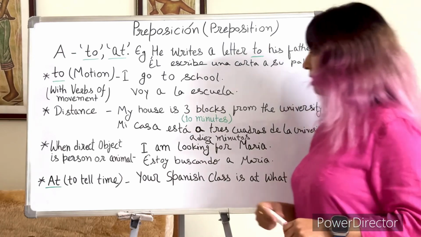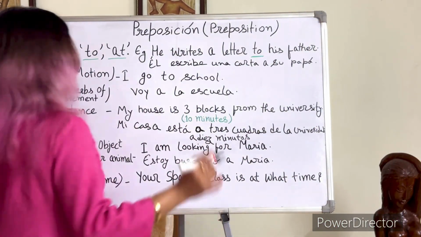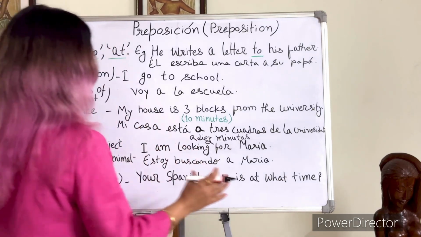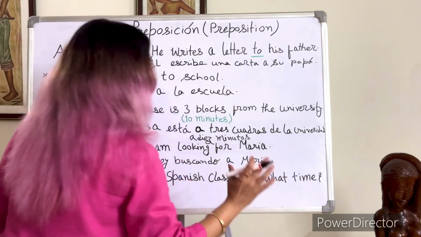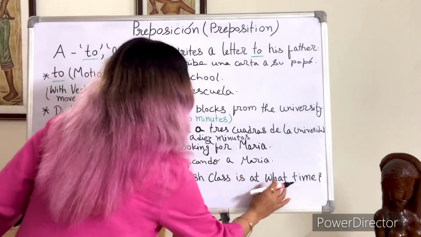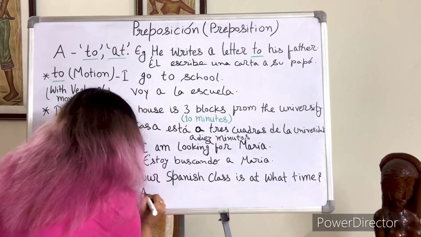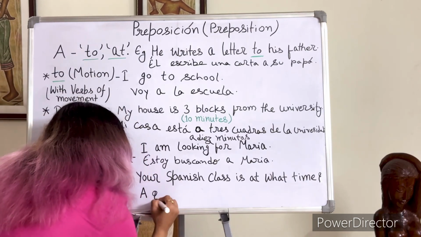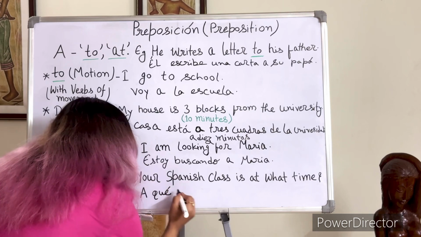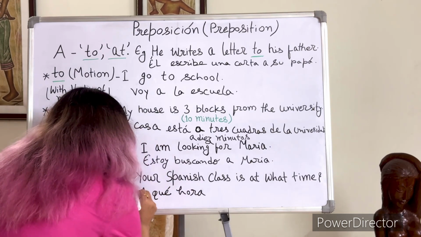So our example here is your Spanish class is at what time. So in Spanish you'll start with at what time. For at what time, you might want to remember this structure. At what time? A qué hora. A preposition. A qué hora. At what time? A qué hora